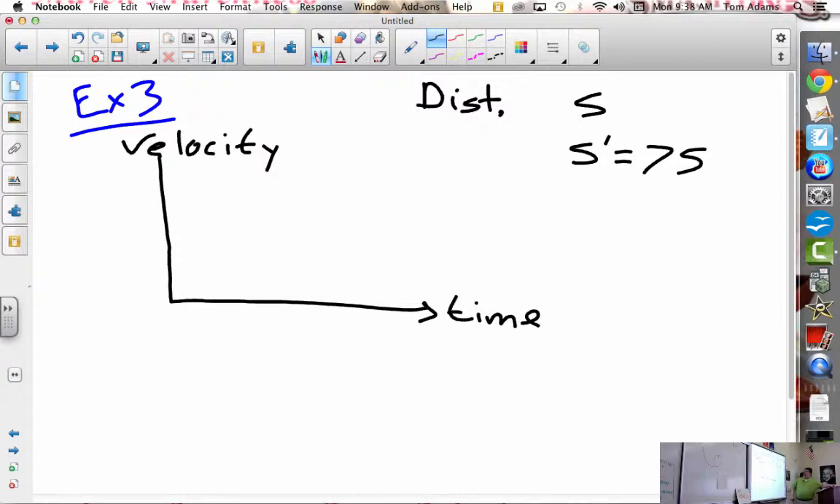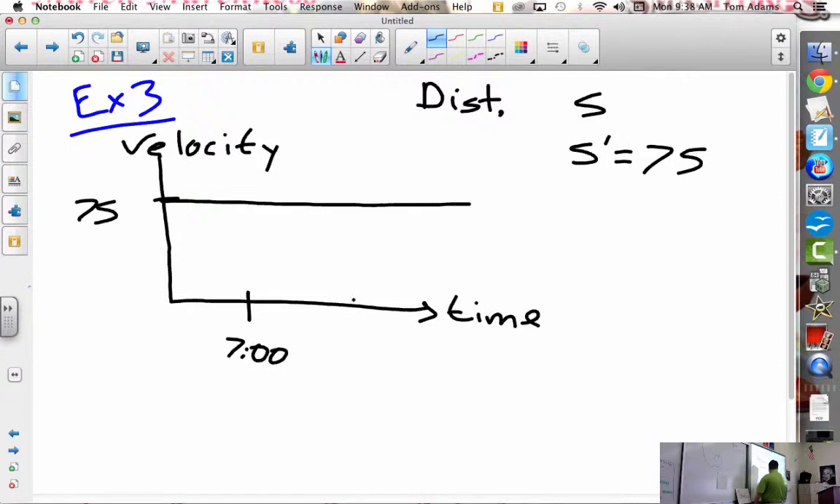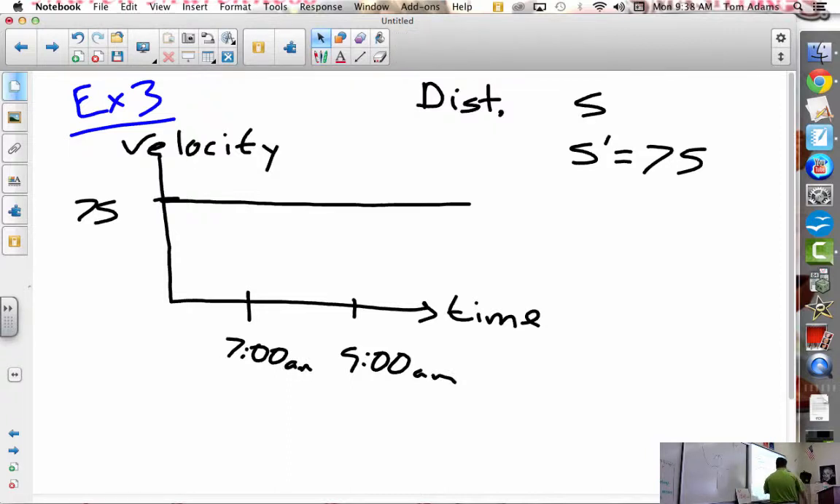So if I were to graph this in terms of velocity, I would say 75 here, and it would be a constant this way. But what I want to do is go from, say, 7 a.m. to 9 a.m. And so, basically, I have to find the derivative of displacement by taking the antiderivative of the velocity, and then I'm going to evaluate on the interval from A to B, which is from